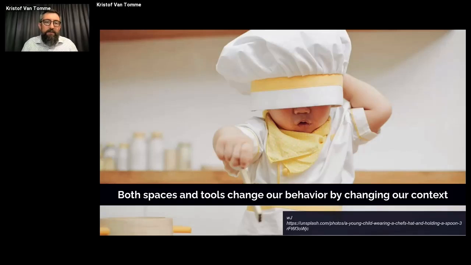And both spaces and tools change how we behave as a person by changing our context. As I said, Alicia Guerrero in her book Context Changes Everything talks very deeply about this, much more philosophically sound than I can. But the interesting story here is that we become different depending on the context that we are in.